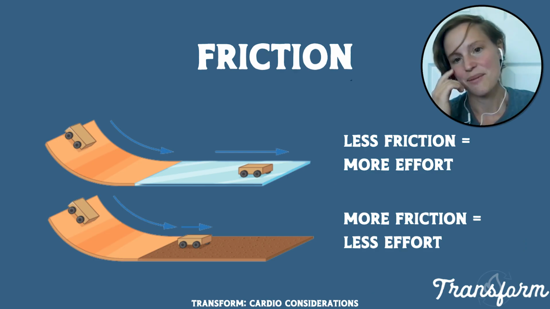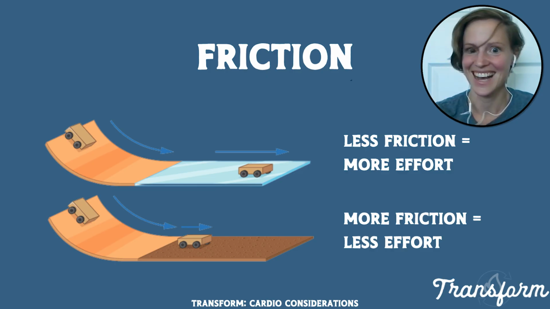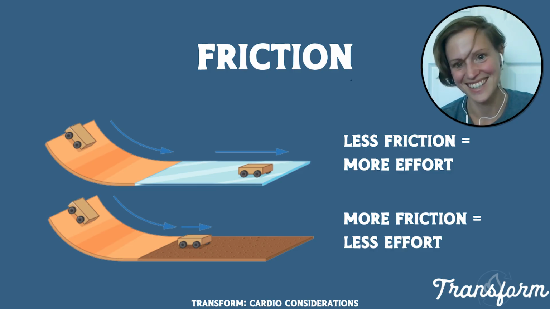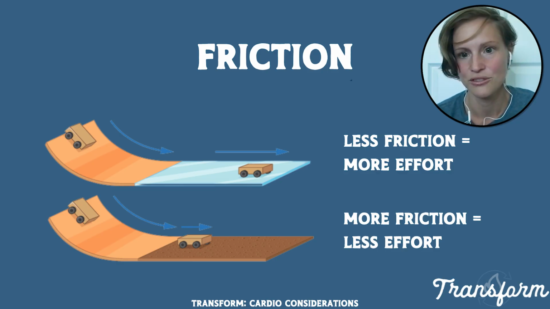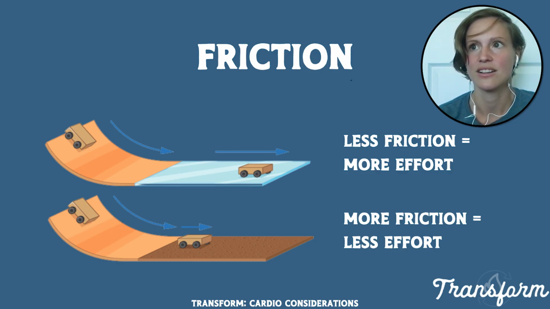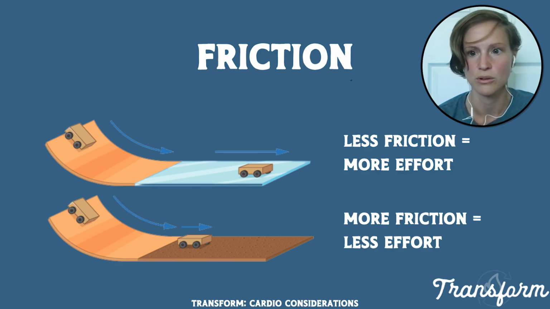So what is friction? We have something called static friction, and then we have kinetic friction. Static friction is literally if I'm standing still and I'm trying to move. And kinetic friction is the friction of when I'm already moving. The more general definition of friction is basically the force that resists your motion between two surfaces in contact. So for example, when you're running, the friction would be between your shoe and the ground. And again, it acts in the opposite direction of the direction of travel.